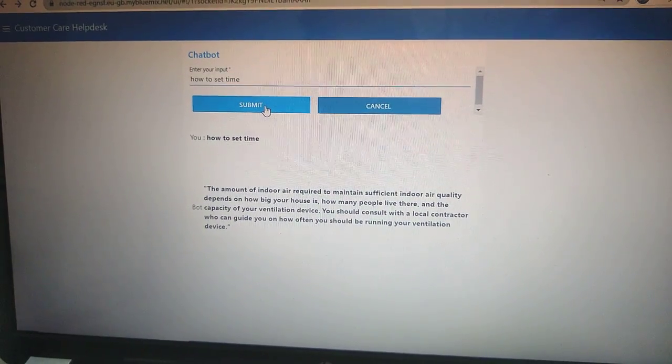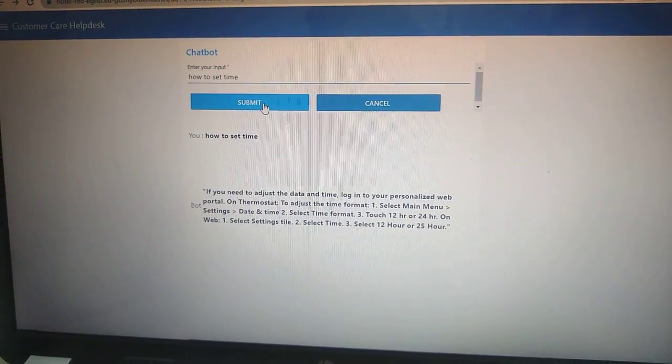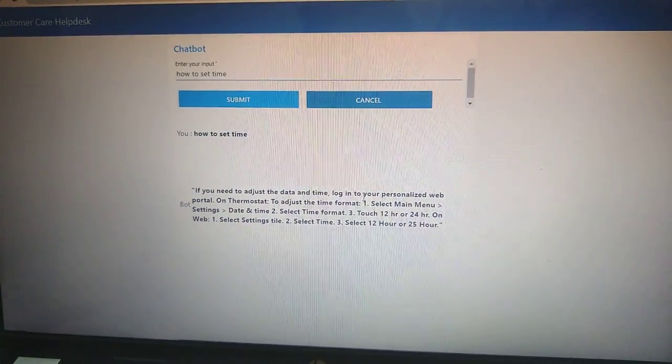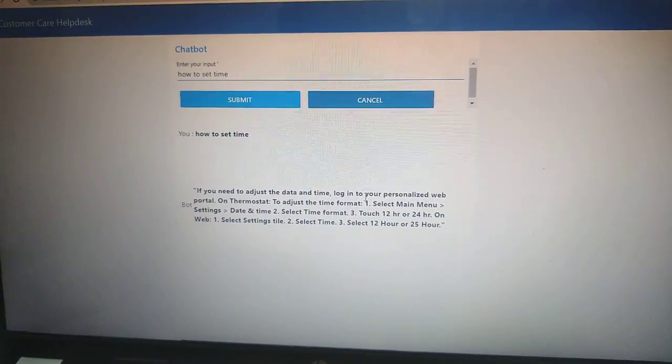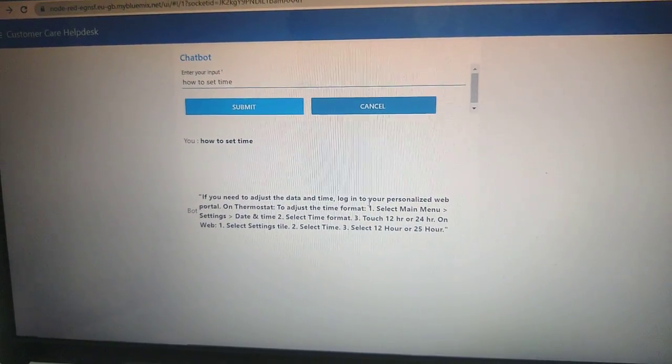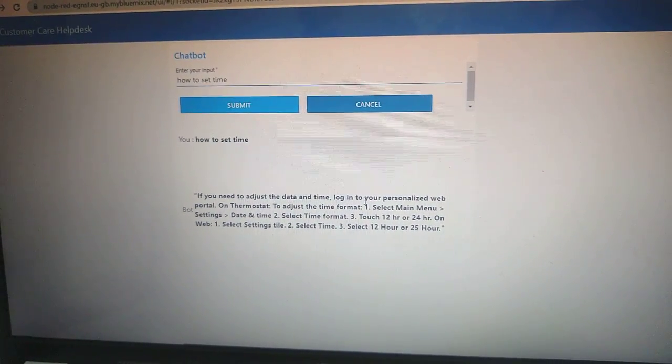After submitting how to set time, we get the desired output from the chatbot, and this is how we build a chatbot with the smart document understanding feature. Thank you.